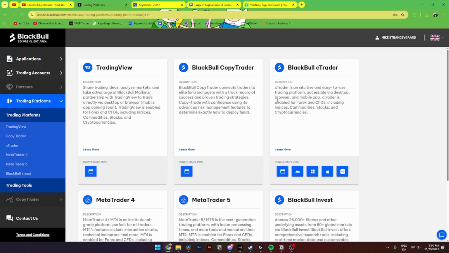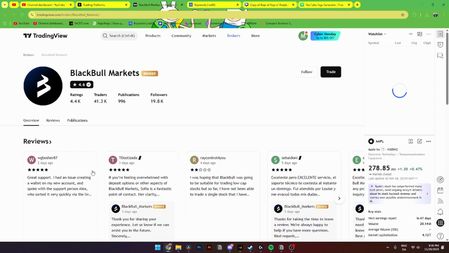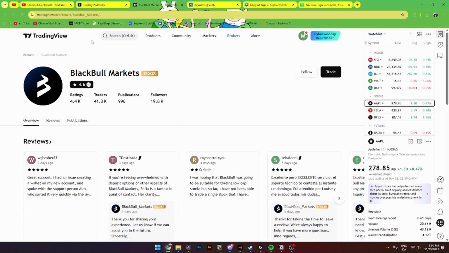And then from here, you'll see a list of every single trading platform that BlackBull offers. From here, you'll need to find TradingView over here, and then need to go down to download links, and then click on this little icon down here. Once you've done that, you will see this page right here from